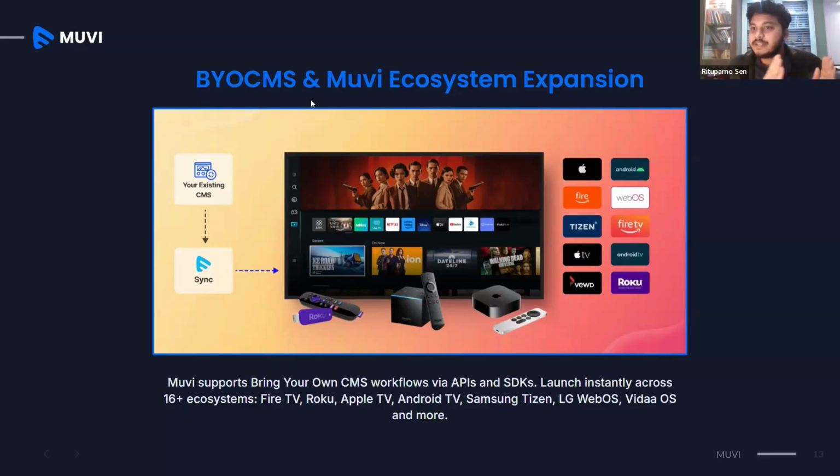With bring your own CMS, we encourage our customers that they can sync and put their content libraries directly into our CMS, and they get this whole exposure to our Muvi ecosystem. We had a lot of customers going forward who specifically wanted TV apps, and that's why they chose Muvi One.